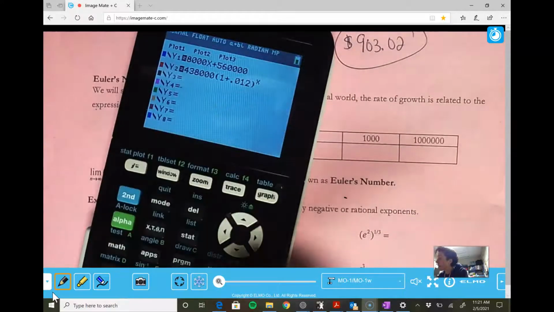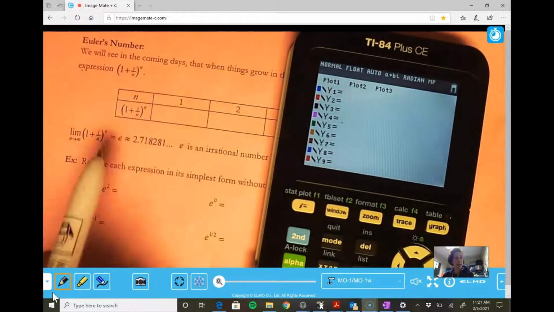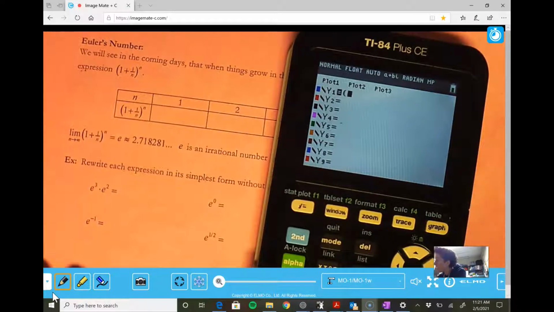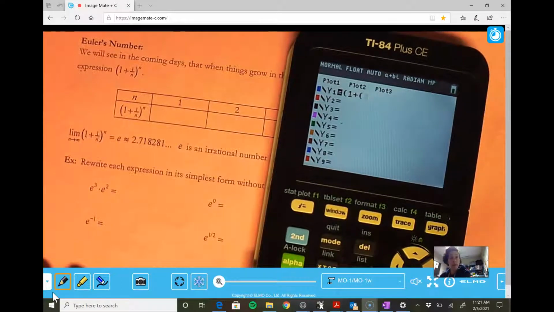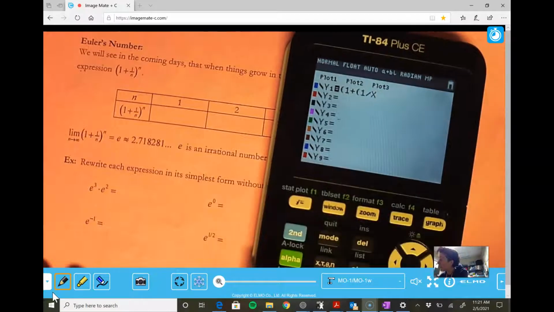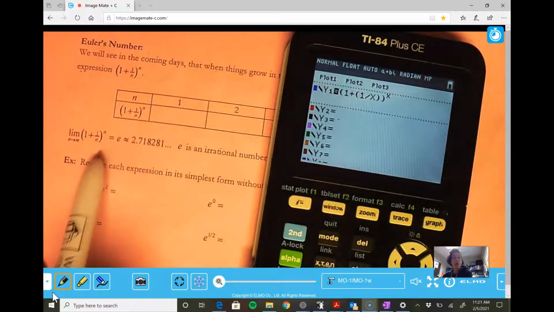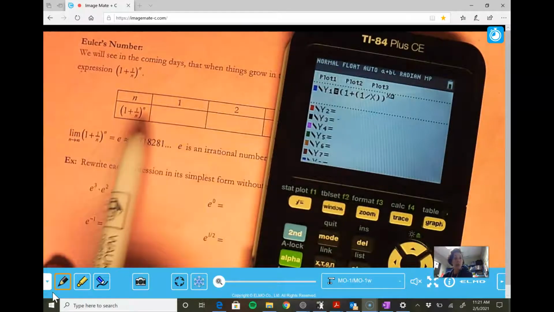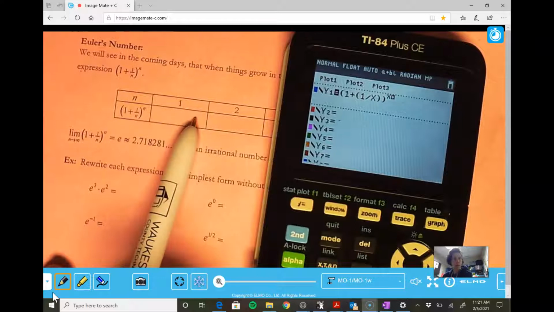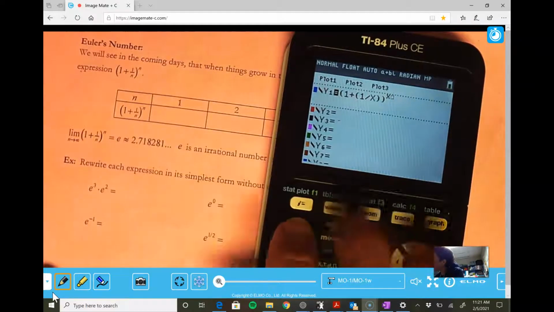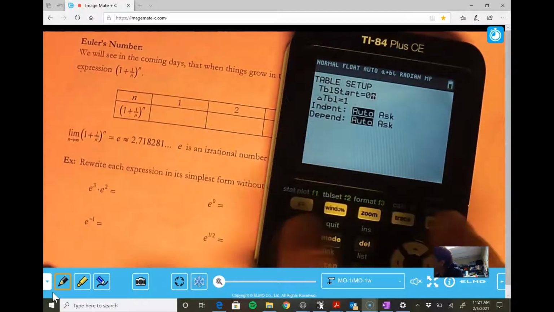So what I'm going to do to save time is I'm going to switch to the graphing calculator. I'm going to go here, and I'm going to type this in. And so I'm going to put in parentheses, 1 plus, I'm going to do parentheses for the fraction, so 1 over n, which I'll do x. I'm closing the parentheses for the fraction. There's the parentheses that you see, and I'm going to hit an exponent and put an x. So again, remember, this means as x gets bigger and bigger, so as time goes on and on, becomes bigger and bigger, what he realized, and let me jump to my table so we can start at 0, is that